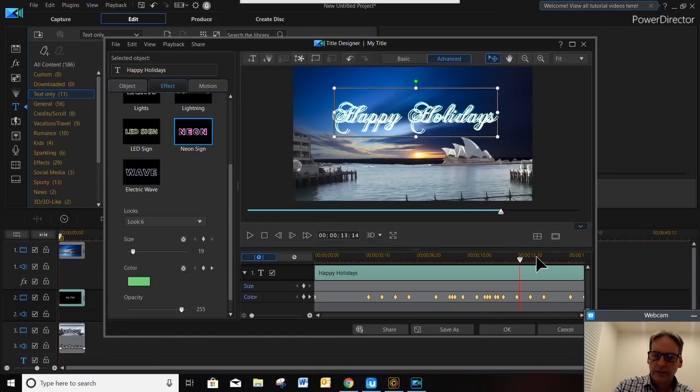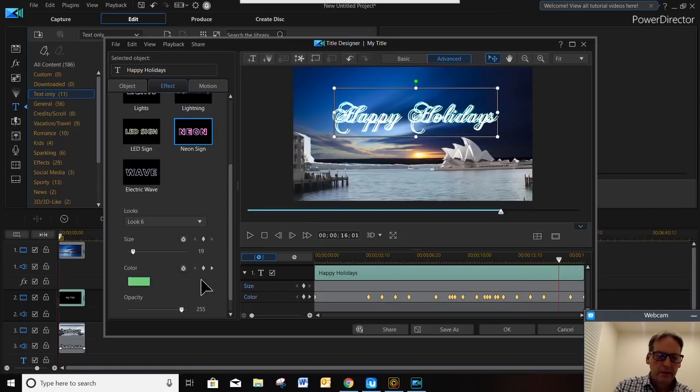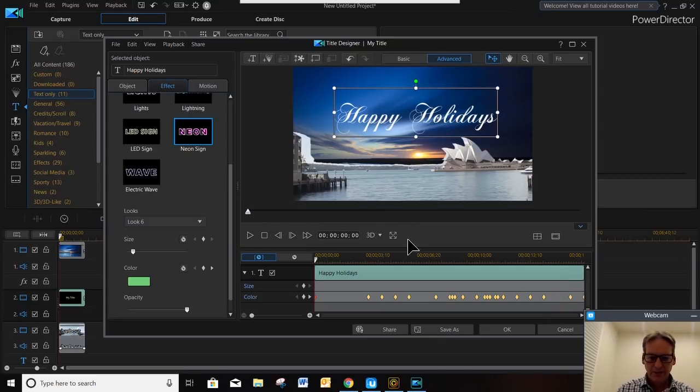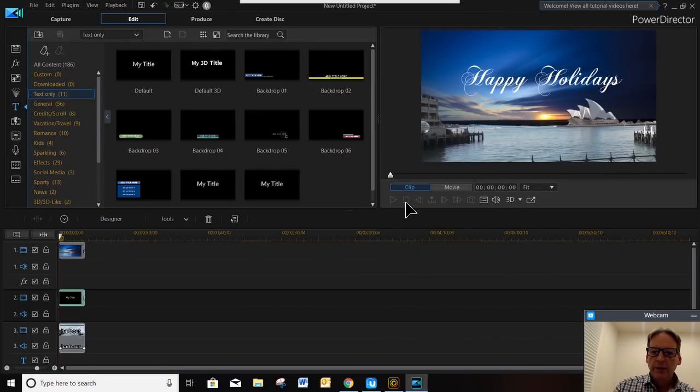So if I want to go in here and say, okay, I want this point right here. Let me put a color keyframe. Okay, as soon as it catches up with me here. Okay, put a keyframe there. And then we can change the color on that as well. So you get full control here on how you want to do it by keyframe, by color, the opacity setting. All this you can control within here quickly and easily. And as the system catches up to me here, I did too many clicking, there we go. Okay, so here we go, and we can play it